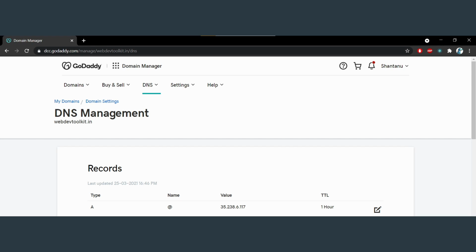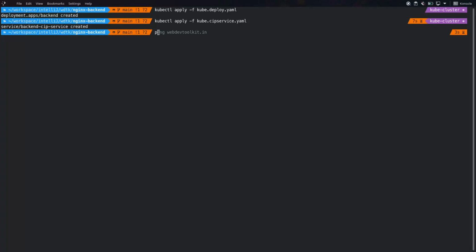After that, you can visit your domain name provider and register that static IP under the DNS management system. As you can see over here, I have added the reserved static IP in the value and the record type is A. After adding these details, just give some time to reflect the changes. I think the official time to reflect the changes is 24 hours, but in my case, I always observe that it gets reflected within 3 to 4 minutes of saving records. After some time, you can ping your domain name and you should be able to see it's getting resolved to the IP address which you have reserved.